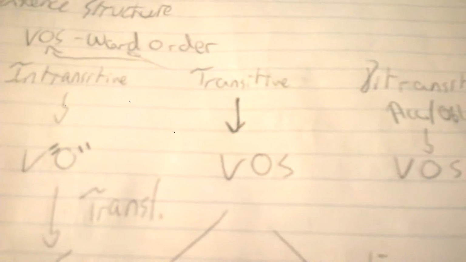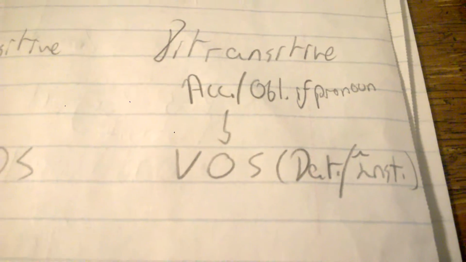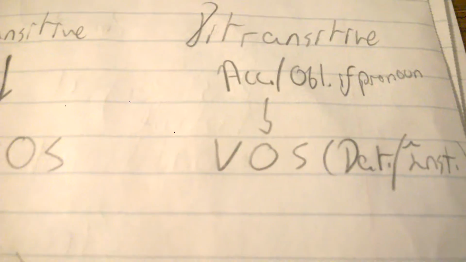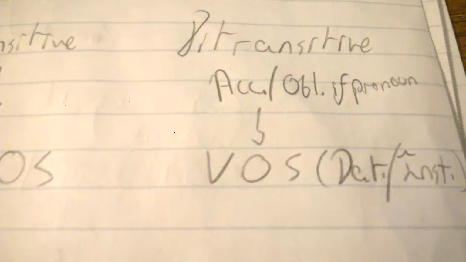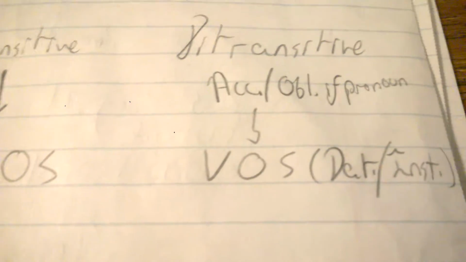That's just how it appears when translated to English, though the actual meaning would be what the subject is. And then for transitive sentences, it is VOS, and then for ditransitive clauses or sentences, it is VOS, and then the direct object in the middle, but then the indirect object, so the dative, taking the dative instrumental case but being in the dative case at the very end of the sentence. And then of course, the object in the middle, the direct object, is accusative if a noun, or oblique if